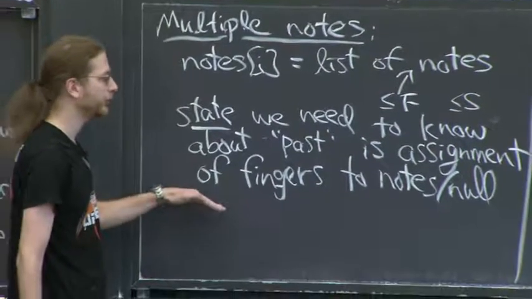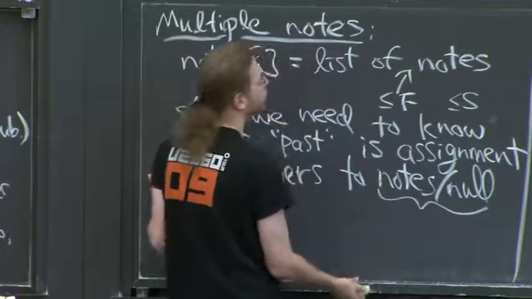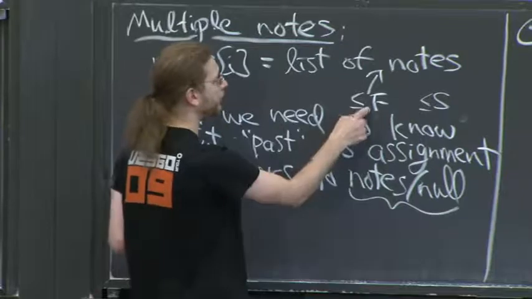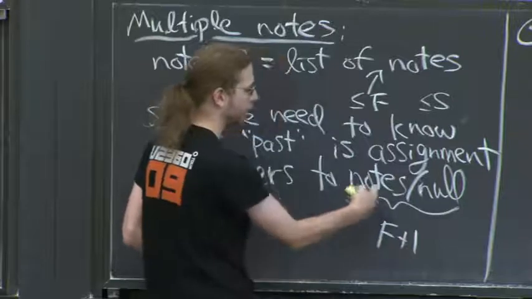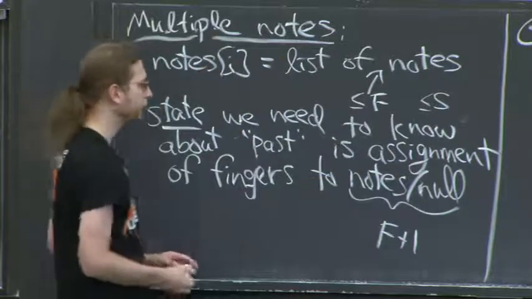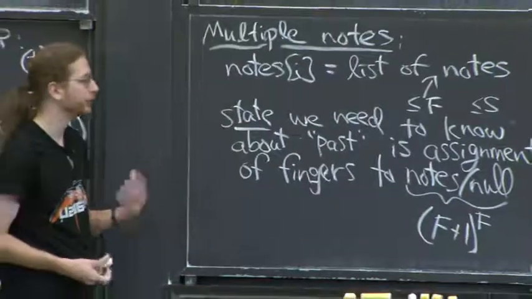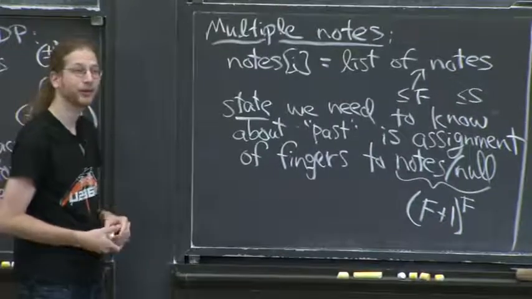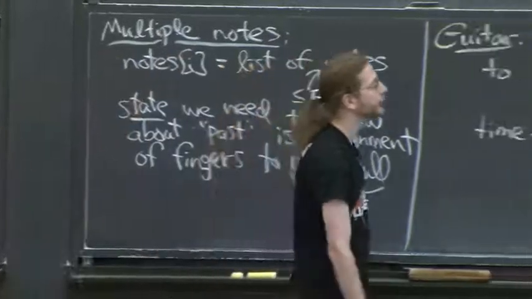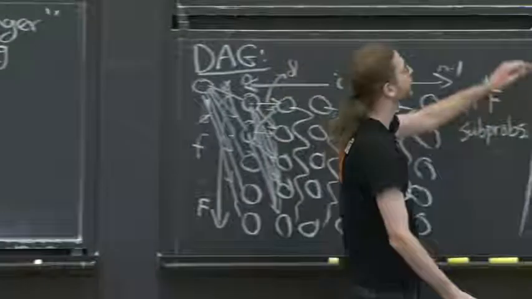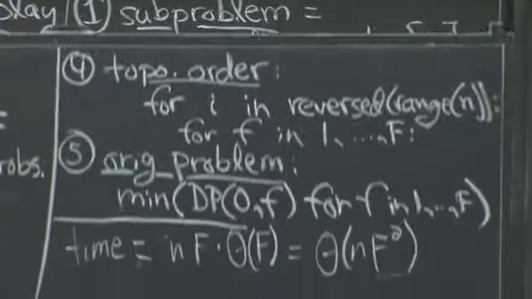So how many different ways to do such a mapping are there? I mean, this is just a function, so it's the number of targets of the function. Well, I guess we said there are at most F notes. So F plus 1 is the maximum number of possible things each finger could do. And we raise that to the power of the number of fingers. That's the possible mappings of what all of my fingers could be doing. It's exponential in F, not so great. But if F is 5, it's all right. And then you just generalize the rest. I don't think I'll write it down in detail. But our subproblems now are going to be